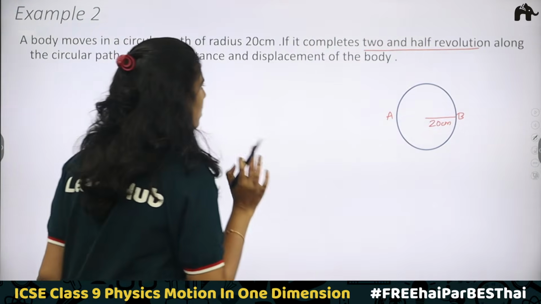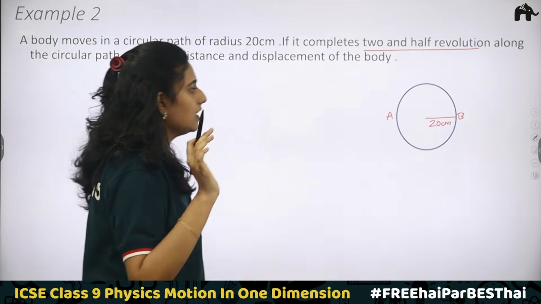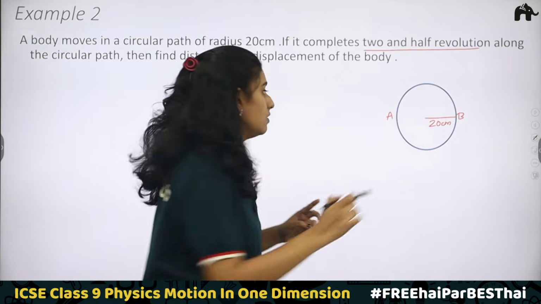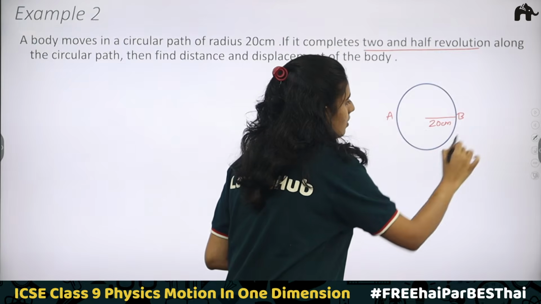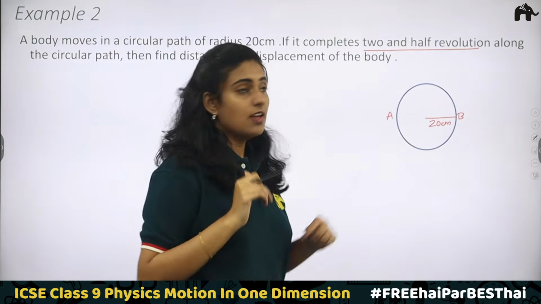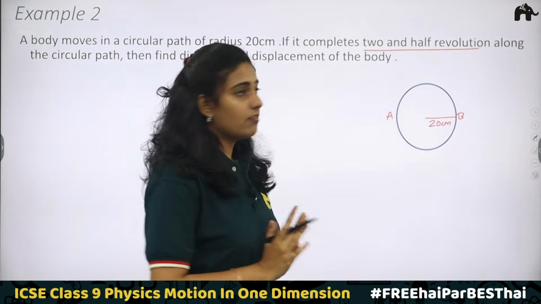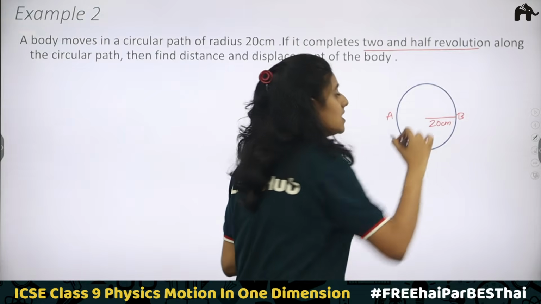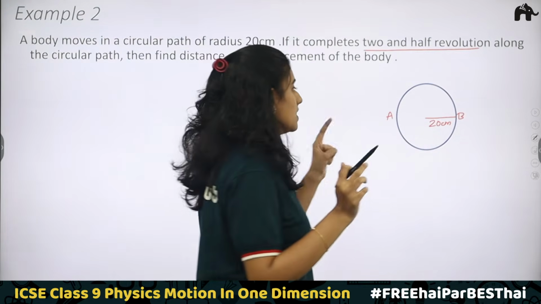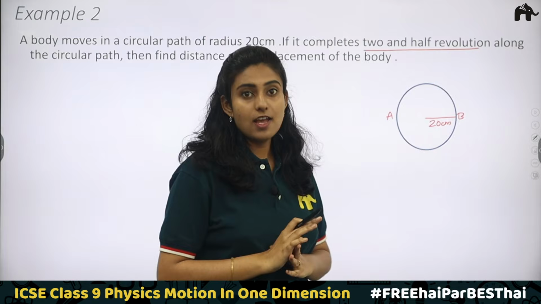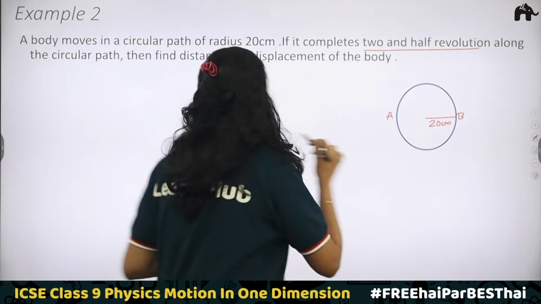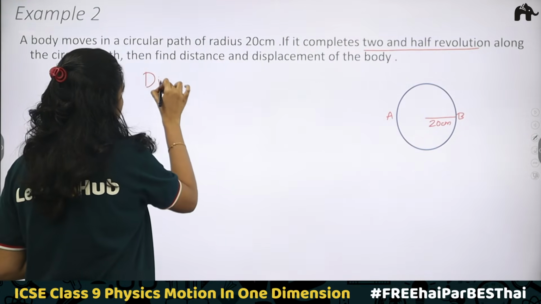Now what is the total distance travelled? In case of a circle, if a boy is moving along the circle a complete round, then how to find the total distance travelled? The total distance travelled will be the circumference of circle. How to find the circumference of circle when radius is known? We have a formula 2 pi r. So here the total distance travelled